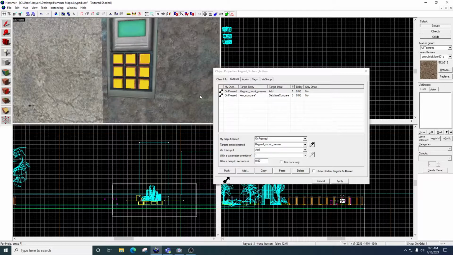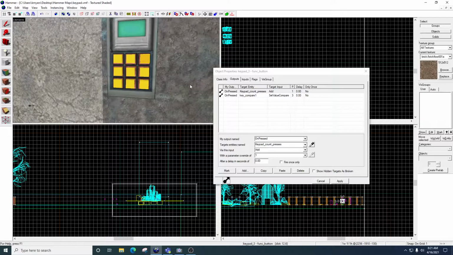So on the number 3 button, all we have to do is set the value and run a comparison against the number 3. Okay? But if you look at the way the buttons work, when I press 1, it then sets it up for the next button in line. So the next digit is 4. So here's the 4. Now if I go to the 4th button, you can see here's the 4, and now the next button is a 2. So I go to the 2, here's the 2, the next button is a 3. So I go to the 3, and the 3 is just all by itself